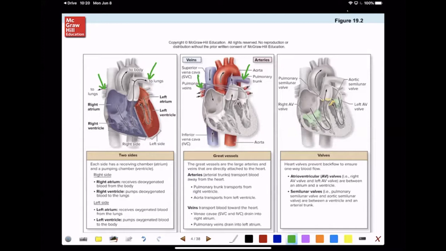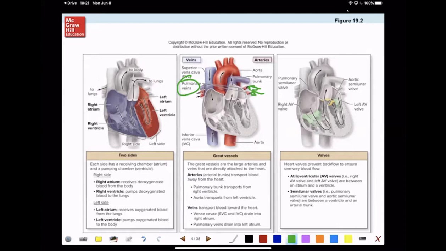And the vessels that are going to collect this oxygenated blood are your veins. Okay, so small venules first, and then larger and larger veins. Ultimately, we end up with two pulmonary veins on each side. And those are these right here. You have them labeled by the textbook here as well. Okay, so pulmonary veins, there are two from each lung that are going to bring oxygenated blood back to the